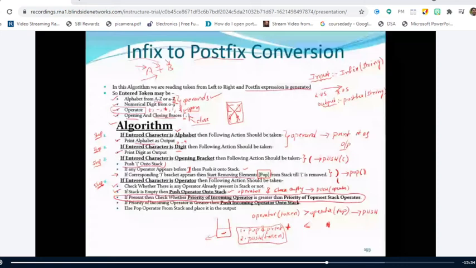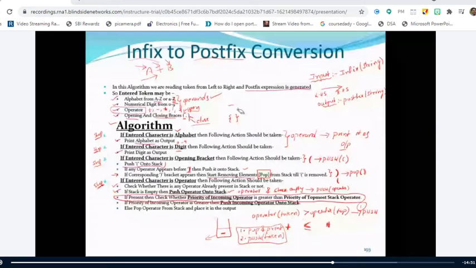So whenever we have an operator with less or equal priority than the operator on the top of the stack, you have to perform the pop operation first, and then push the new token. But if the token priority is more than the top element priority, then you just have to perform only one operation, which is the push. Is it clear? Yes, sir. We'll see it with an example, but right now we'll just summarize.